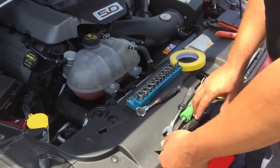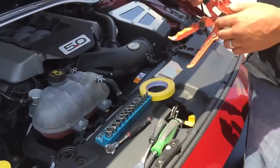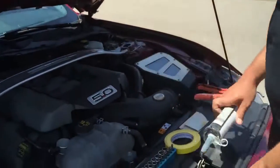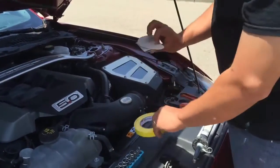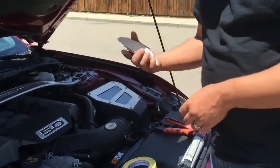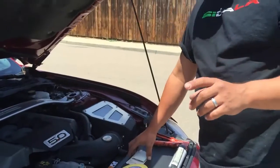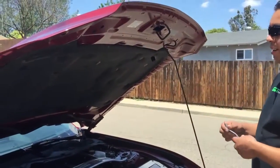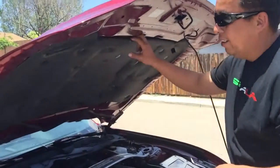Flathead, I use a flathead and a spatula. I use the 3M window weld 08609. Some tape and some sandpaper, 150 grit, and I have like 36 grit sandpaper. I'll tell you why. First thing you need to do is open your hood, take off the hood underliner with